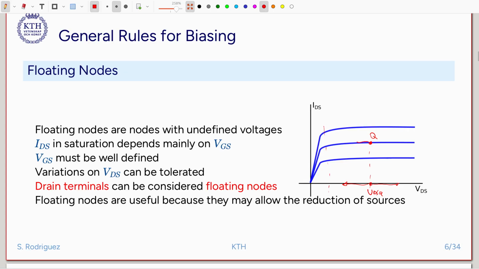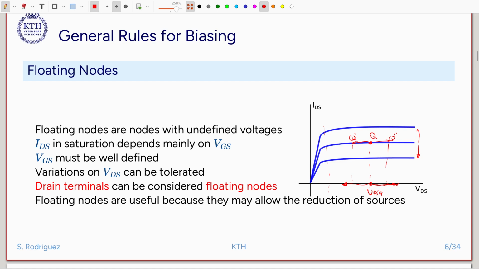So I can move the operating point here, or I can move the operating point here, and this transistor will still be in the saturation region. And then if the signal swings are large enough, the linearity will not be affected. So the voltage that I cannot change very easily is the VGS, because VGS will move these curves up and down and will change the current. So VGS is a voltage that must be very well defined. But VDS, on the other hand, I can tolerate rather large variations of, as long as the linearity is